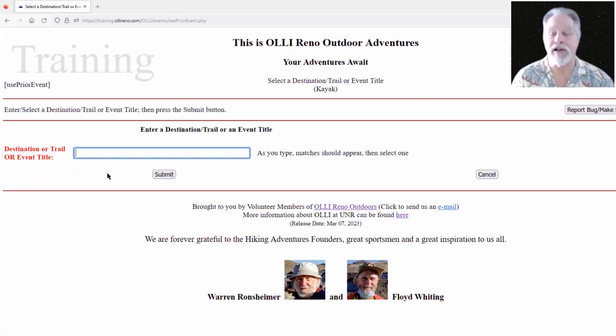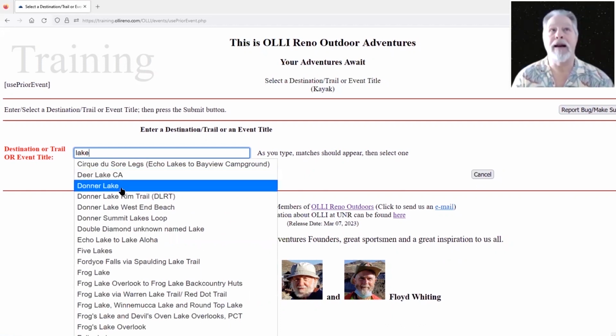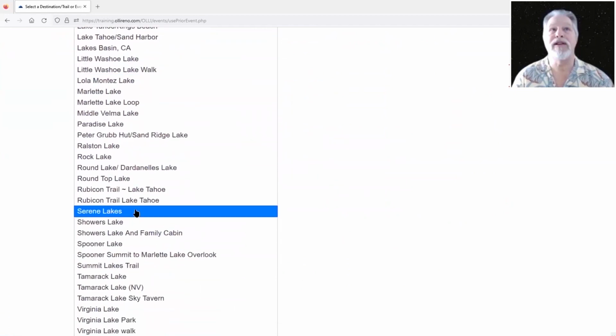Now, this is a search tool here, which I think is very helpful for you. Here you would type in where you want to go, the destination, the trail, or something about what your event should be. The more specific you are, the better the results are going to be. Let me give you an example. We're doing kayaking, so obviously I might want to see where on a lake we could go. If I type in the word lake, I get all of the entries,